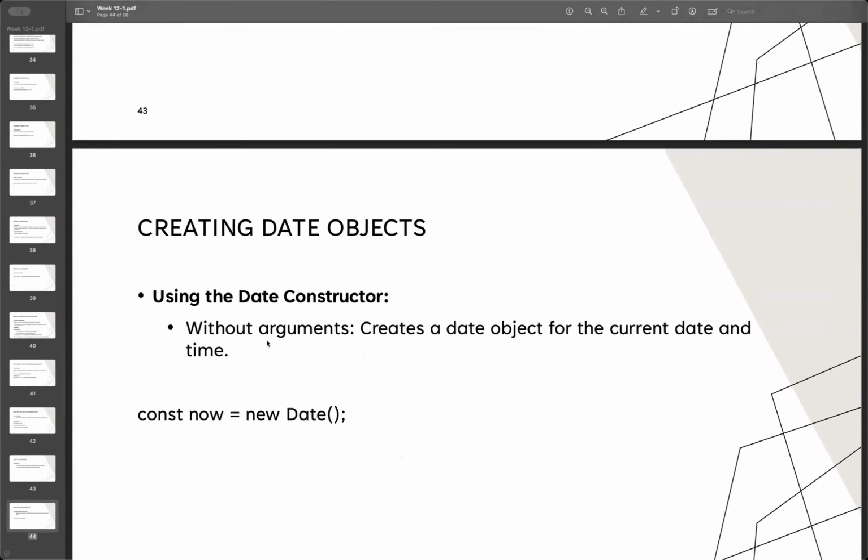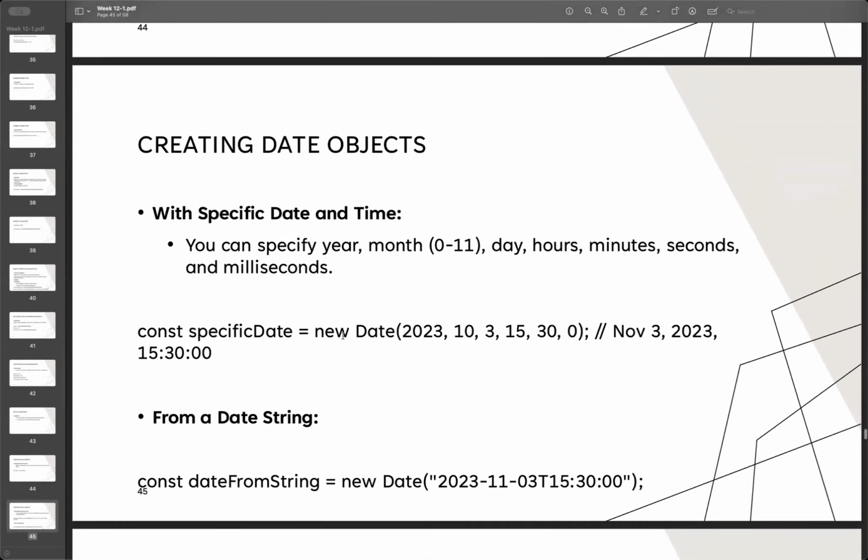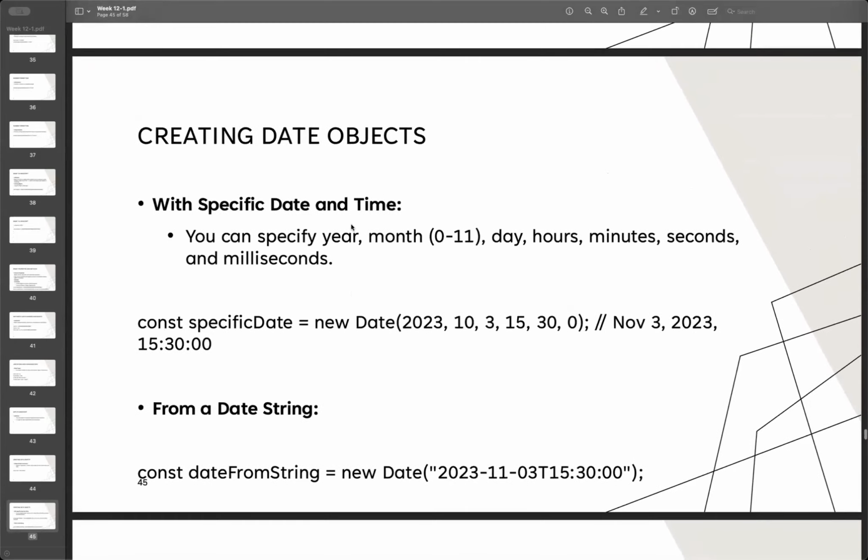When we create a date object, we do not require any argument. We can get the current date by just calling new Date, so we obtain the date with time. If you want to specify the date or time, then you can enter the